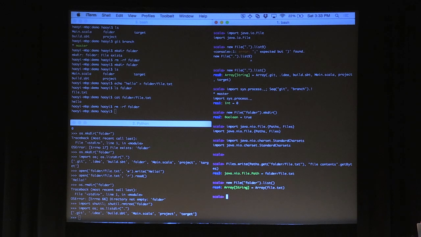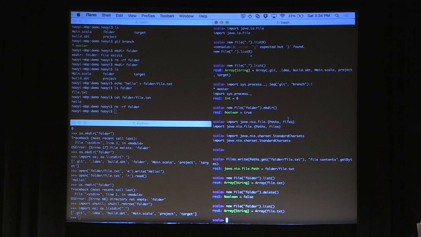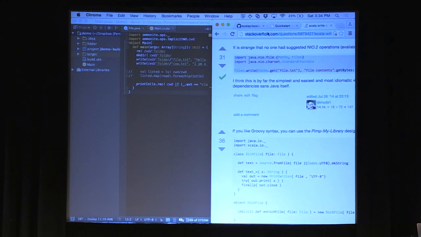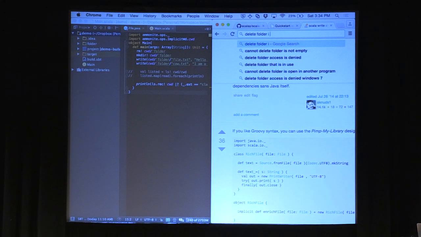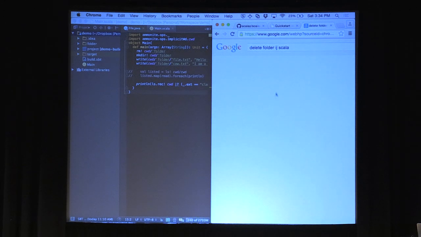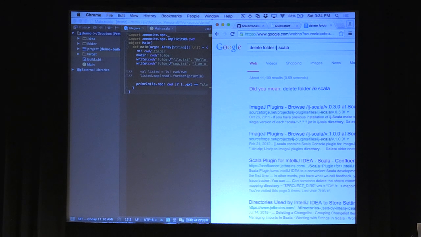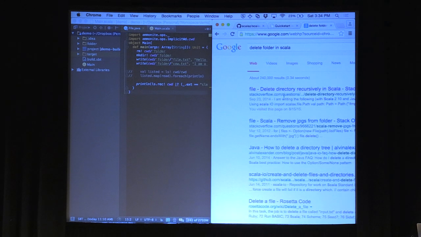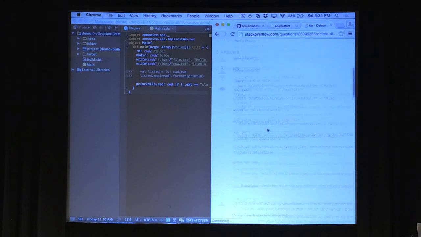How do I delete a folder in Scala? So a new File folder dot delete. And then list, and it's still there. So how do I delete a folder in Scala? I misspelled it. Google should know. No, Google thinks it's IntelliJ, IN. So I need to delete the directory recursively.